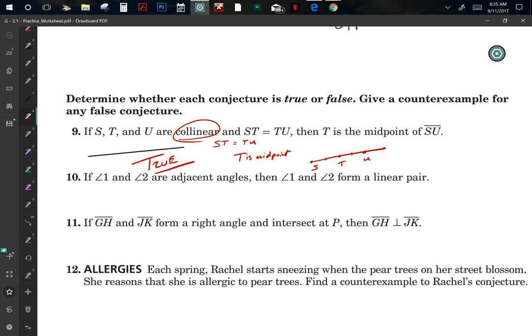So my big thing is I want you to try. Make sense? A lot of people just give up on this and don't try these problems. I want you to make mistakes. I want you to do what I just did. Make a mistake and then say to myself, wait a second. Because that was the first thing that popped into my mind. I could do that. Then I looked at it, made a picture. Wait a second, that wouldn't work, would it? And so we came to the conclusion that it's true.